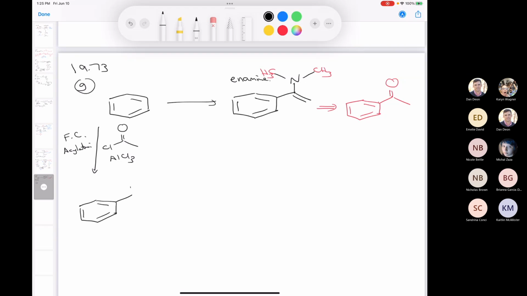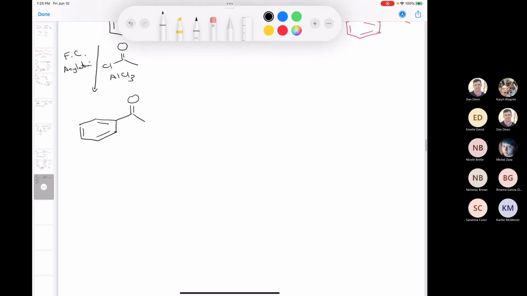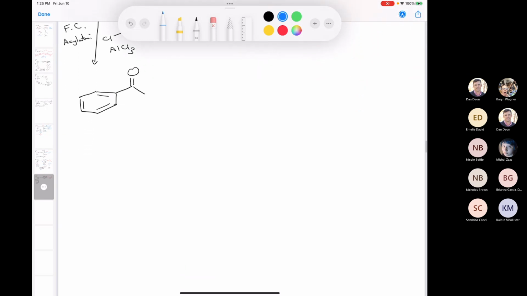Let me ask you a tough question. This is not an easy question. Can anybody tell me a much more steppy way of doing this? Is there a long way you could think of to do this? I wouldn't give full points because it's too long. But there is another way that you could do this based on what we've learned, at least off the top of my head. Did anybody try doing this with a Grignard? So what I'm saying is this, a really long way to acetophenone, we can count the steps, would be